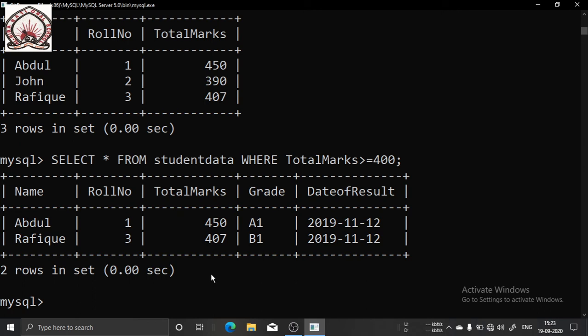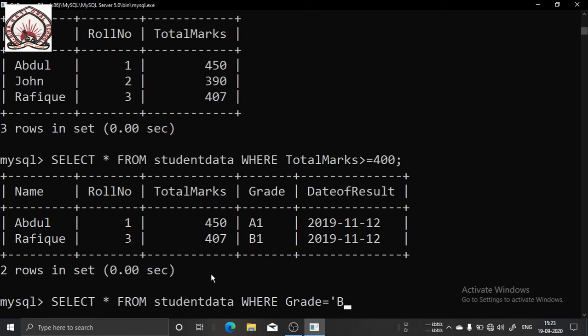I am showing another query. Select star. Suppose I want to see, based on grade, where grade is equal to, within inverted commas, because the grade value is a character, suppose B1.